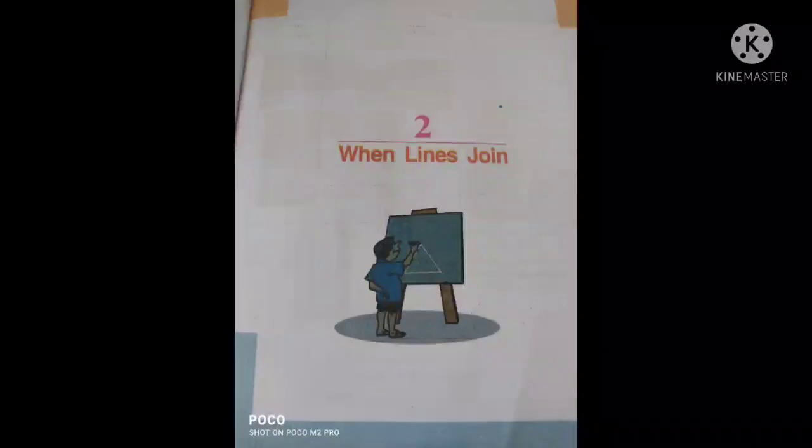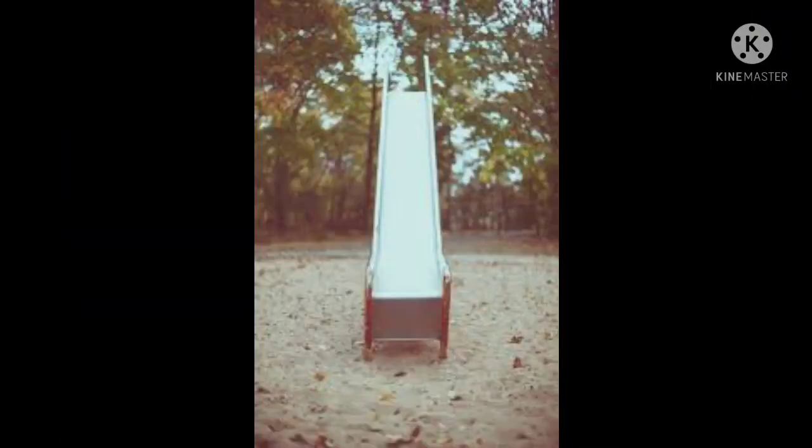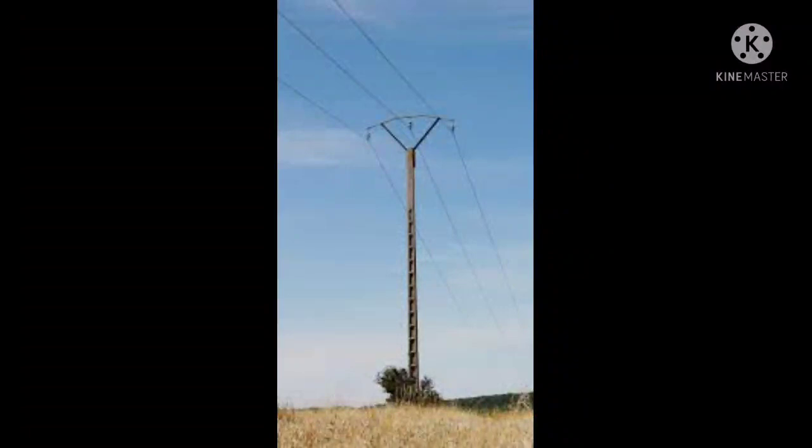Here, Malu and Appu were friends. Malu came to class with the photos of her tour. Appu looked at some photos and said, "There is something common to all." Now, let us go through the photos that Appu saw. These are the photos: coconut tree, palm tree, slider, and electric post.